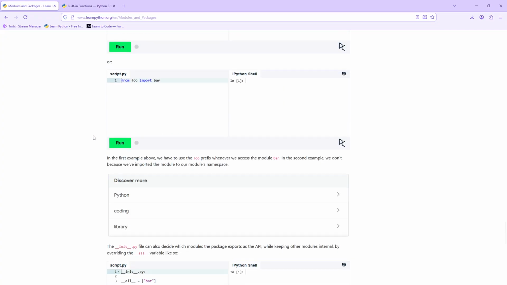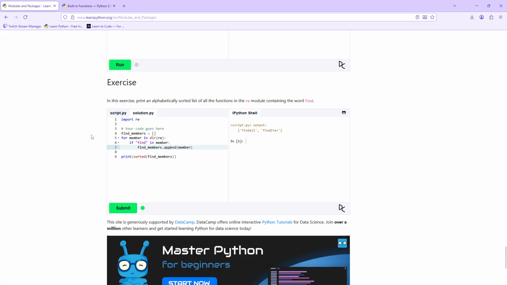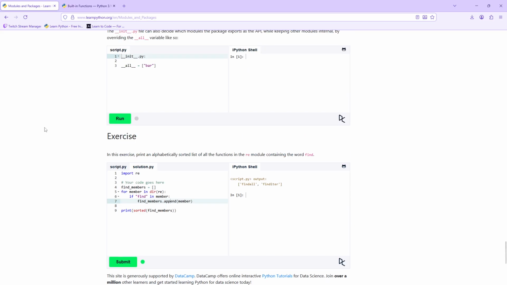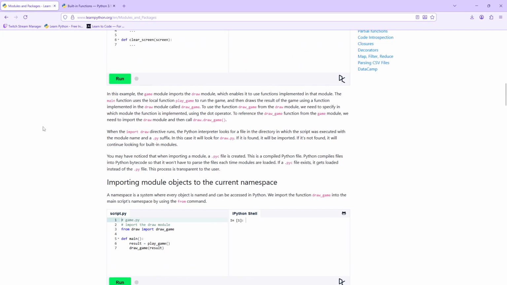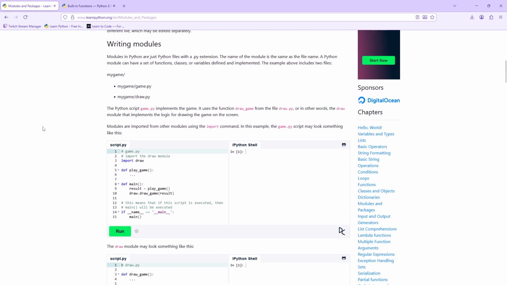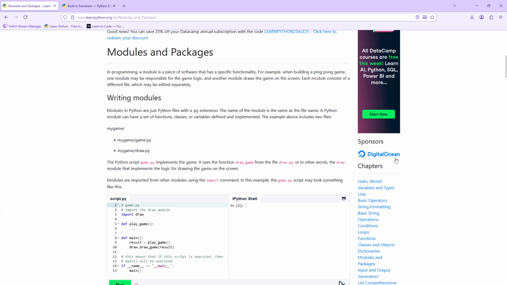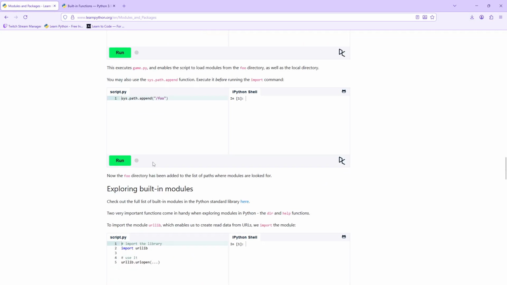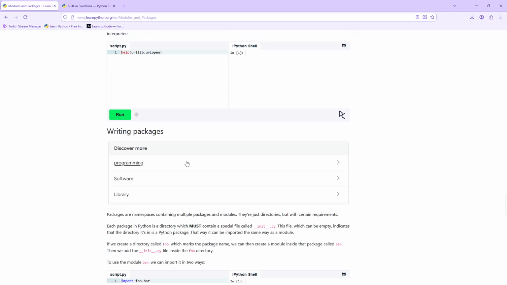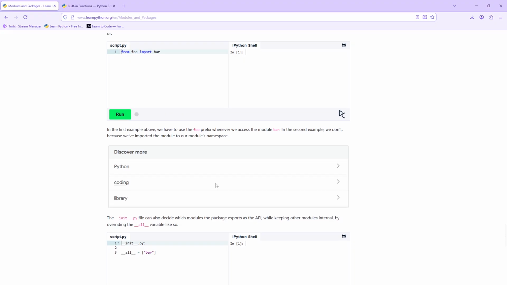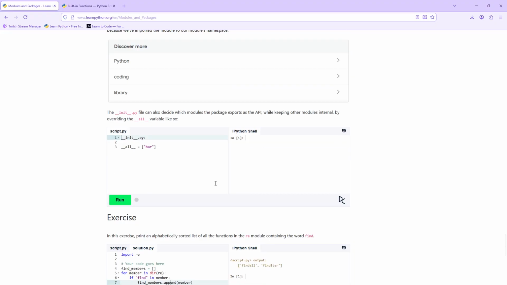But I mean, yeah, I don't know that this is really, overall, I like this tutorial, I like this website, but I think it's basically just like glorified flashcards. It's showing you how to do every little individual thing in Python, but I don't think it's exactly gonna make me a better programmer. I mean, taking all the time to figure all this stuff out, I think is improving my ability to do stuff like this, but I don't know that,